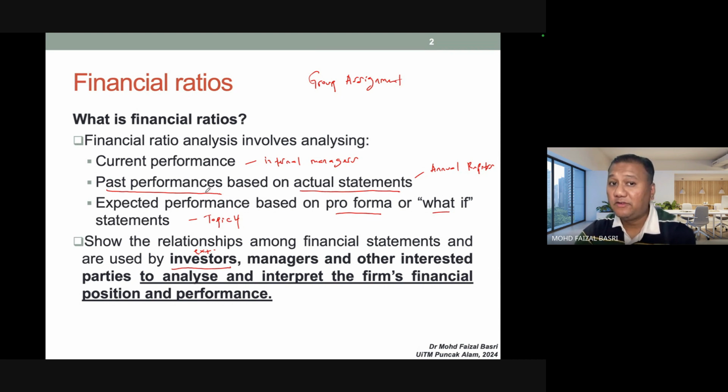Obviously they need to know the performance of the company, right? Especially those fundamentalists, those who focus on fundamental analysis, will focus on the financial ratios. The internal managers, the internal parties, and any other interested party who may not be investors or managers, but have some interest in the